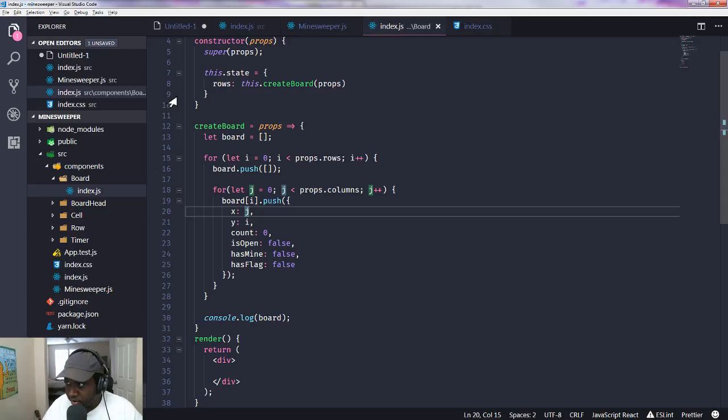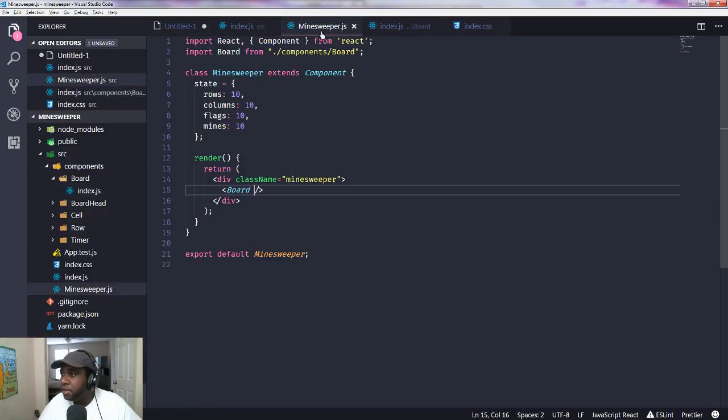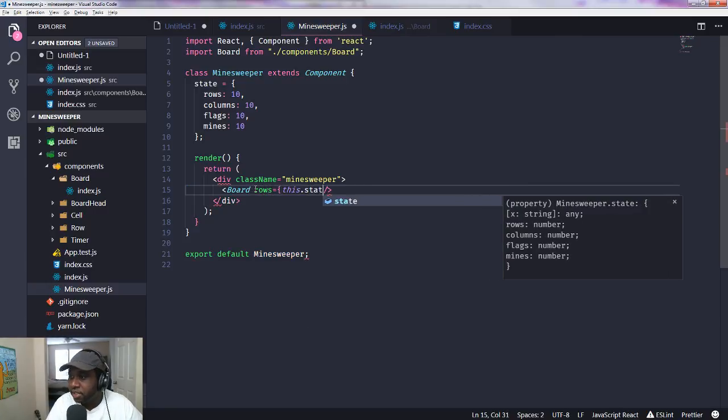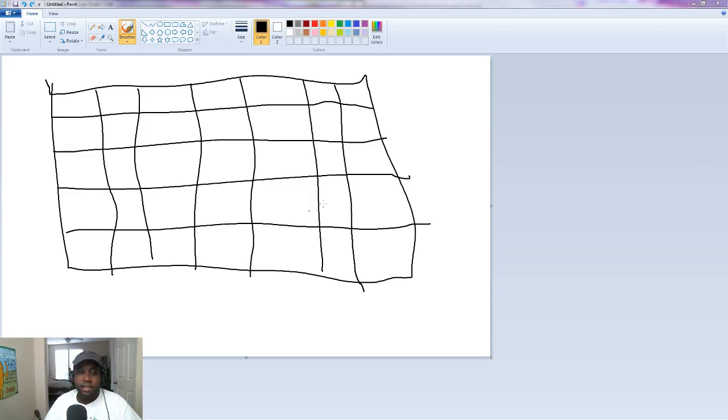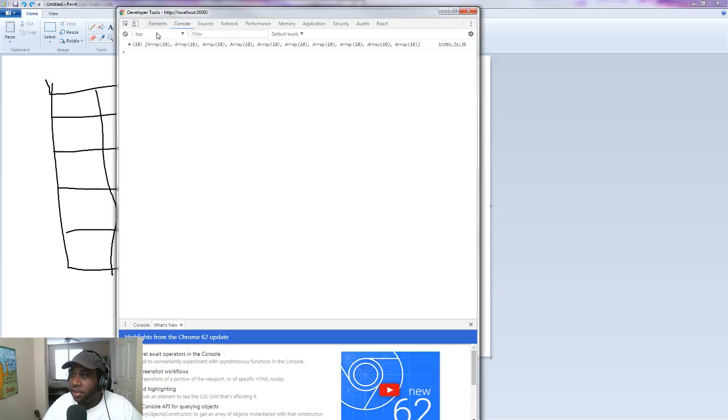Okay? Cool. Now that we've gone over nested for loops, let's go ahead and pass in our rows and our columns for our board. So we're going to say rows equals this.state.rows. So we're creating our board and we're passing in a property called rows, and we're going to pass in a property called columns, right? Columns, this.state.columns. Boom. Beautiful. All right, so we'll go into here, we'll save it, we'll open up our thing. Wow, look at that. Now we have,